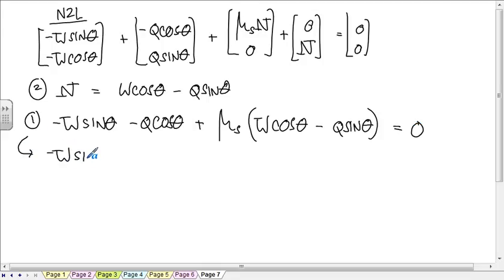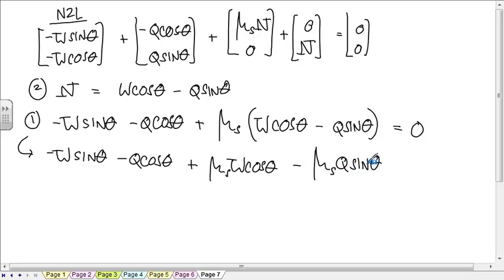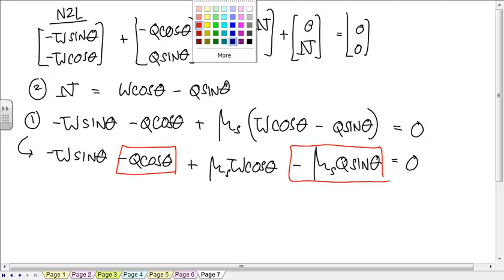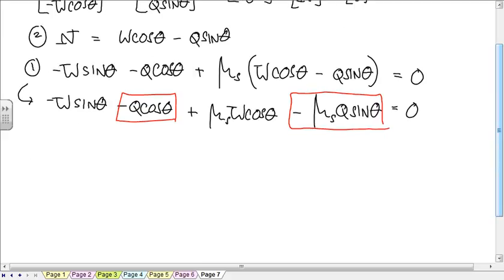So minus W sine theta minus Q cosine theta plus mu s W cosine theta minus mu s Q sine theta is equal to 0. The ones with Q's in them are this and this. So move those to the other side, and you get